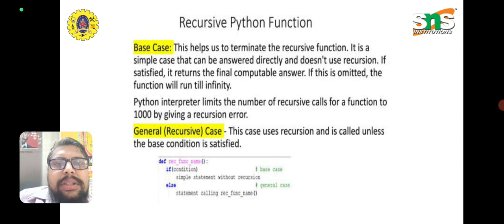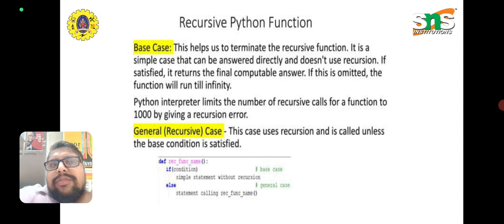A recursive Python function consists of two cases. The first one is the base case and the second is the general recursive case. The base case, as I already said in the video, helps to terminate the recursive function, and it is omitted when the function runs infinitely. Next, the general case is the use of recursion, which is called unless the base